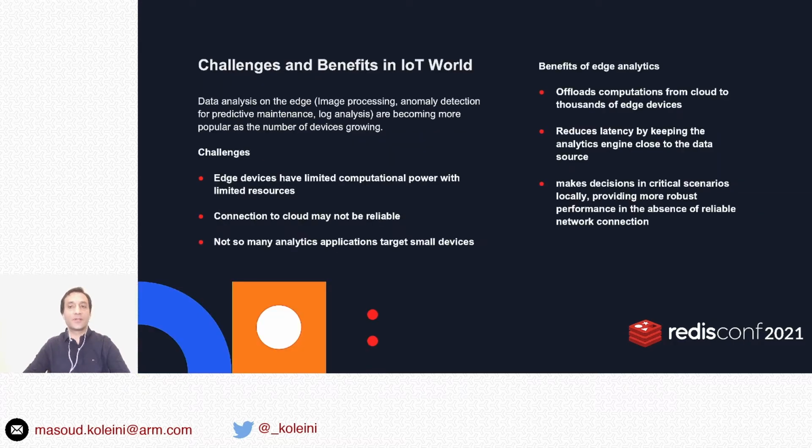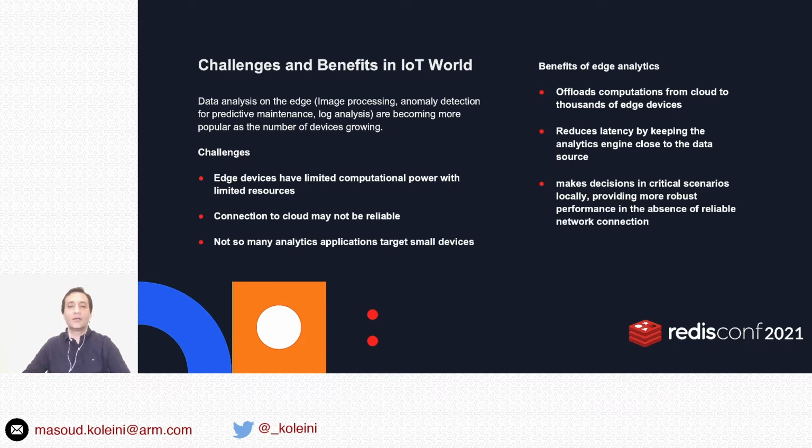There are challenges and benefits in IoT world. Data analytics on the edge for applications like image processing, anomaly detection, and log analytics are getting more attraction from industry, with an expected growth of about 15% per year in the next several years. There are several challenges in this area. First, edge devices have limited resources like memory and CPU. Their connection to the cloud is not reliable, and not so many applications are written with the focus to run